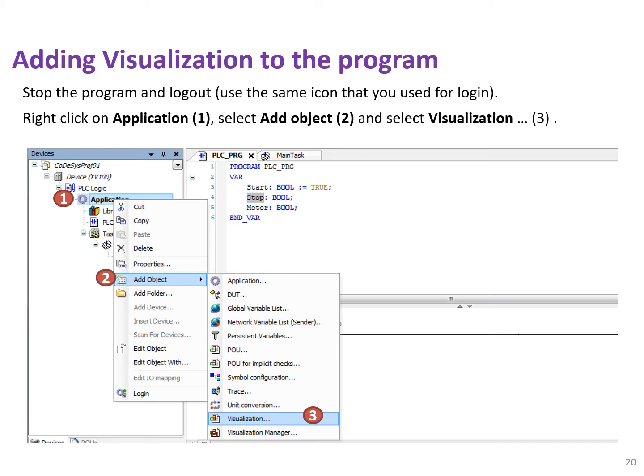So to replace the real device and make it easier for us to understand or program, we could use visualization in CODESYS. How we could add visualization, we just need to follow these steps. Click on application,